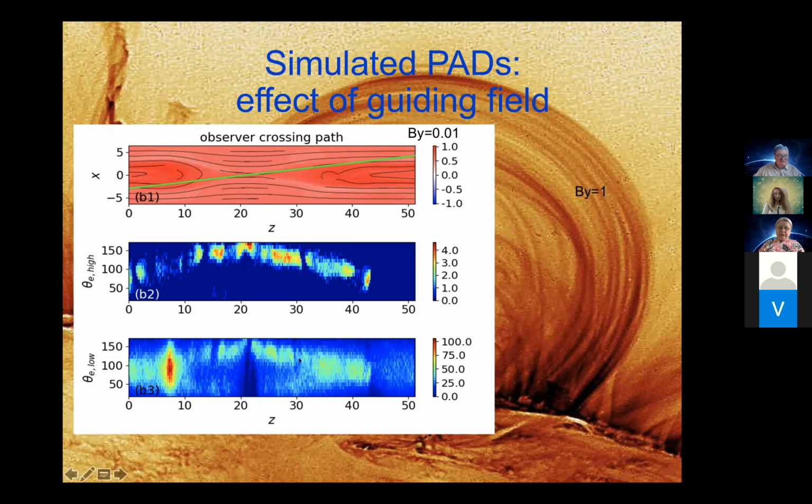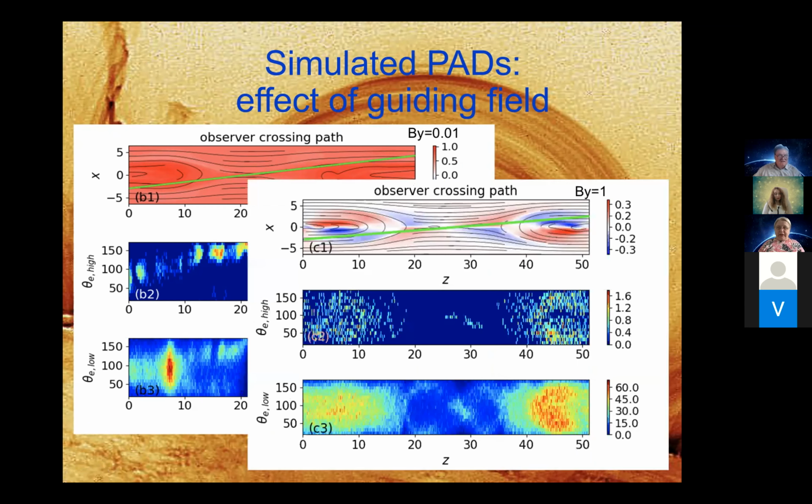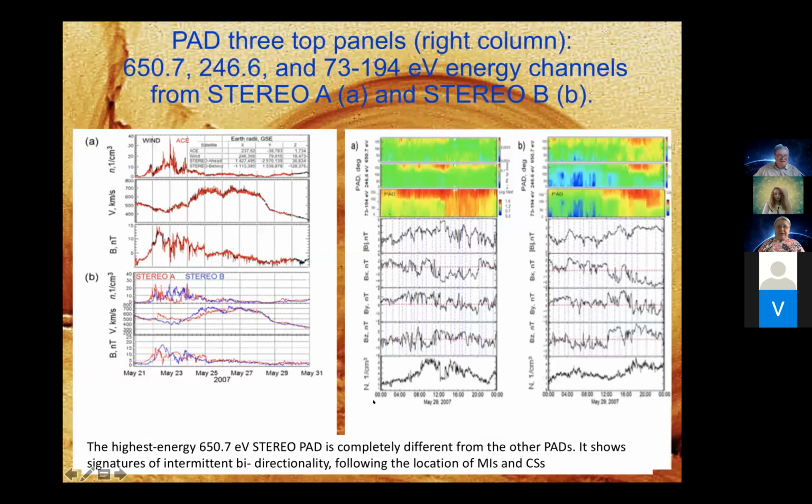Here the guide field is practically not present. If you add the guide field, you see that the high energy distribution splits into two beams, one from each side of the mid plane, while the lower energy part becomes very diffuse. And this is what Olga reported in her paper